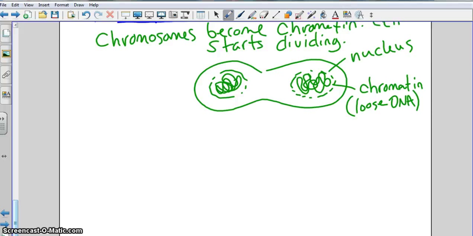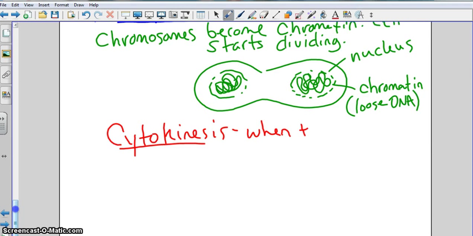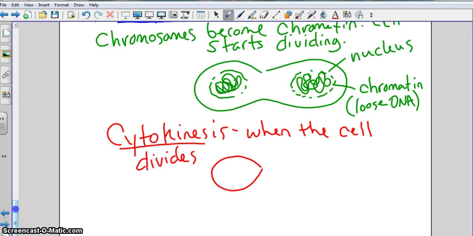Once telophase is complete, we're going to have this process called cytokinesis. Now, notice I didn't give this a number because it's not part of what? Mitosis. It's not part of mitosis. And this is just when the cell divides. So, in other words, when we finally wind up with this complete division, and we're going to wind up with 2